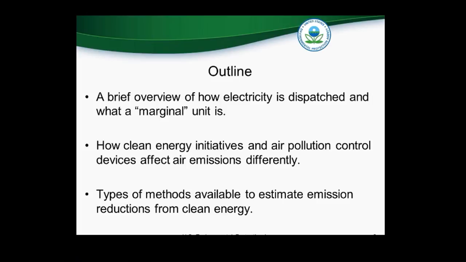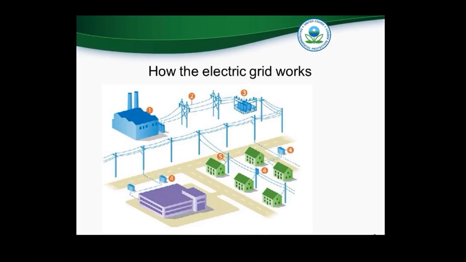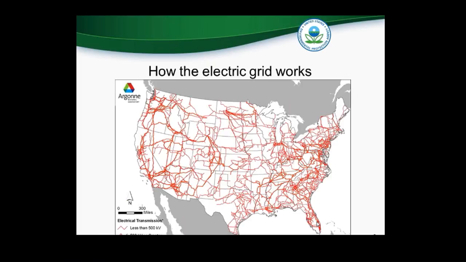Okay, so how the electric grid works. On the next slide is a simple visual of the electric grid. Number one, you have power plants, one of many different resources. High voltage transmission lines is number two. Number three represents substations to step down the voltage to distribution lines that go into different neighborhoods, transformers, and finally buildings where the electricity is used. It's a simple illustration, except the electricity a building uses doesn't originate from just the closest power plant. Next slide. There's a huge network of transmission lines and interconnected plants.